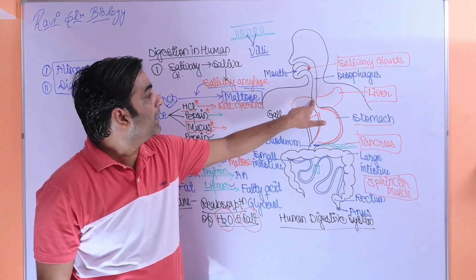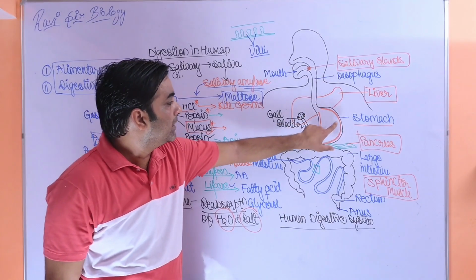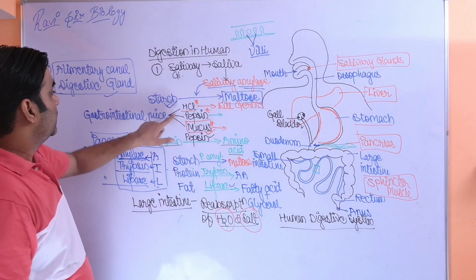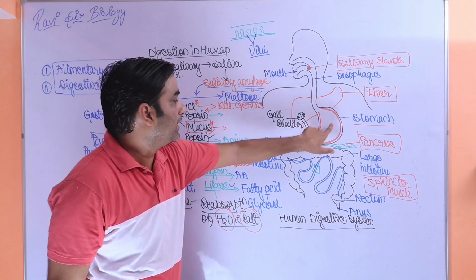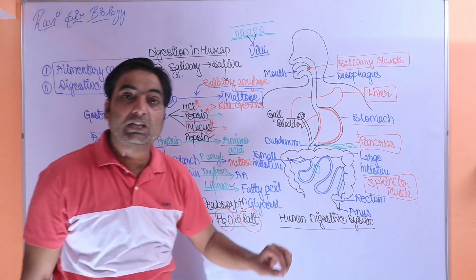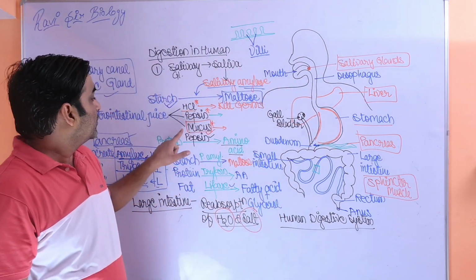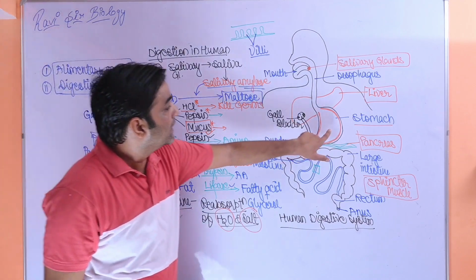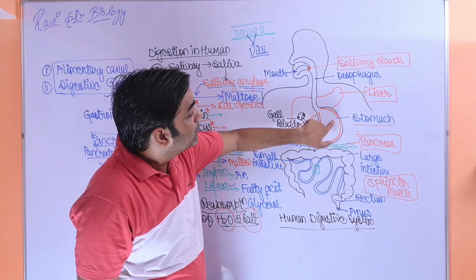फिर उसके बाद फूड आता है स्टमक में, एक पेरिस्टाल्टिक मूवमेंट होता है फूड पाइप में, और यहाँ पे तीन तरह के सेक्रेशन होते हैं। एक HCl होता है जो किल करता है माइक्रोब्स को, दूसरा होता है पेप्सिन जो ब्रेक डाउन करता है प्रोटीन को अमीनो एसिड में, और तीसरा होता है म्यूकस।